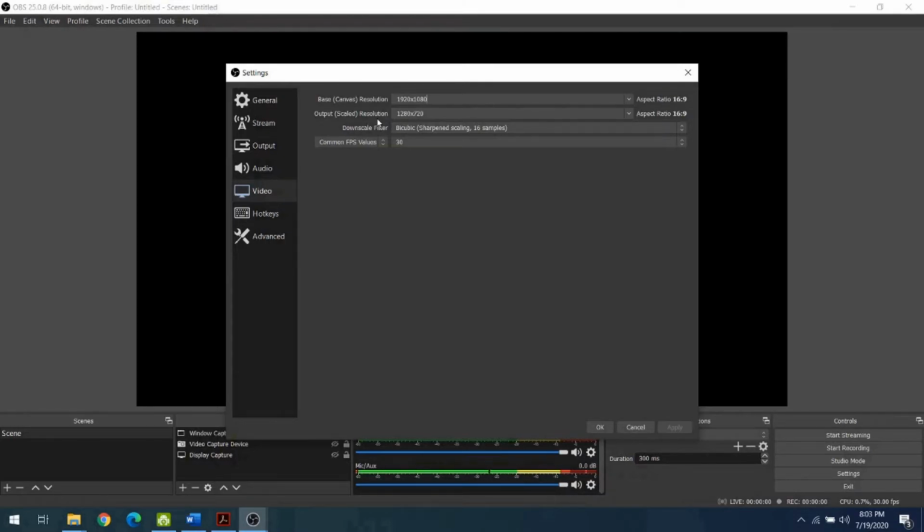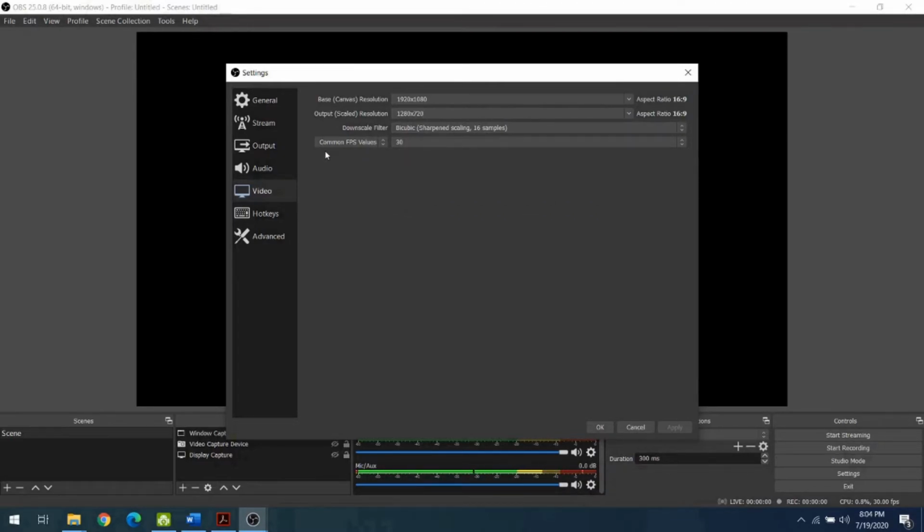You can select the same as base resolution or you can downscale it, as it decides how much memory or how much power utilization is done by our CPU while doing the recording. Again, here the recommended setting is to use 720p as the output resolution, but in this drop down list different resolutions are available. I am going with 720p resolution.